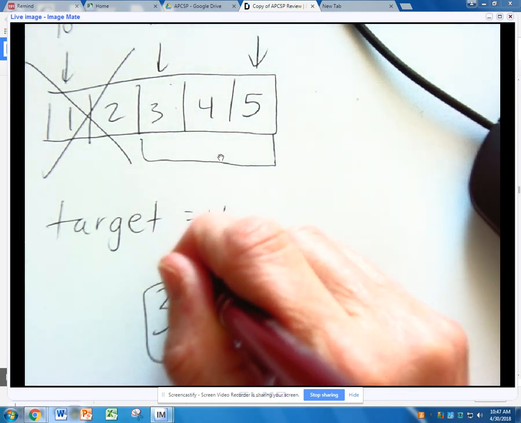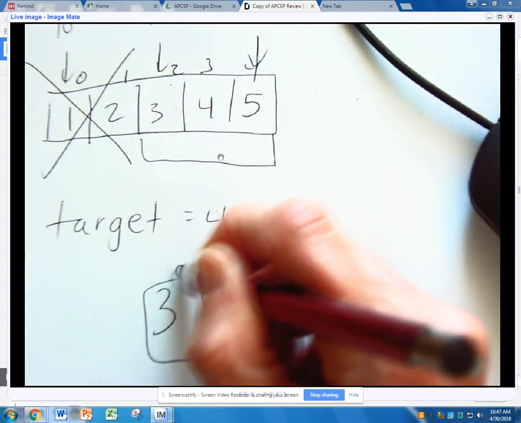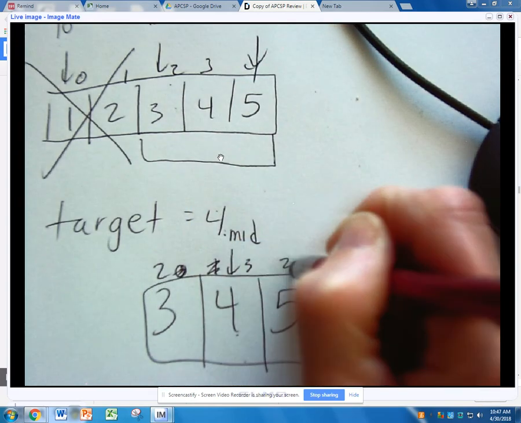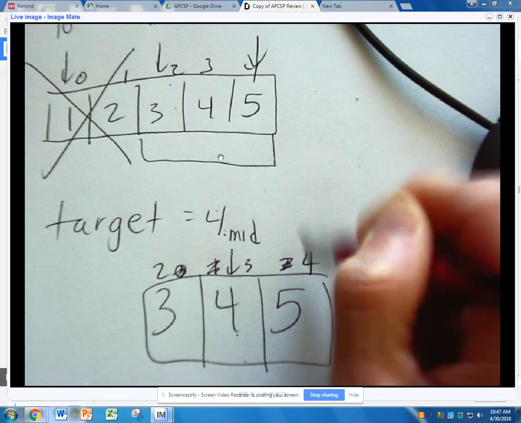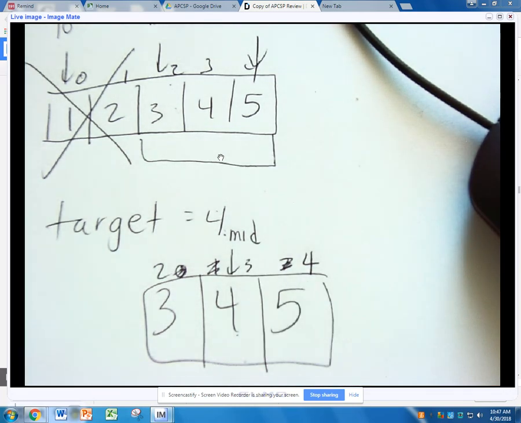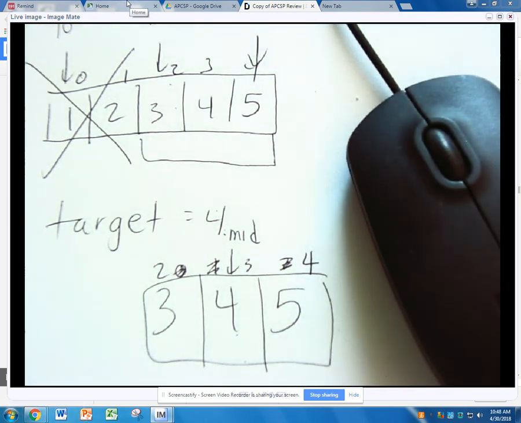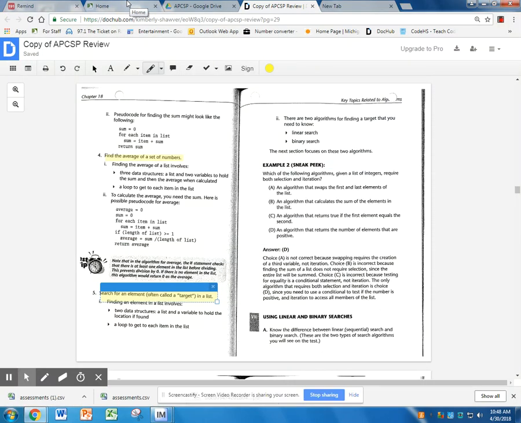But if it's not, excuse me, this should be 0, 1, 2, 3, 4. This would be 2, 3, 4. If I'm not, I would throw away whatever part of the array it didn't belong in. As we move on,